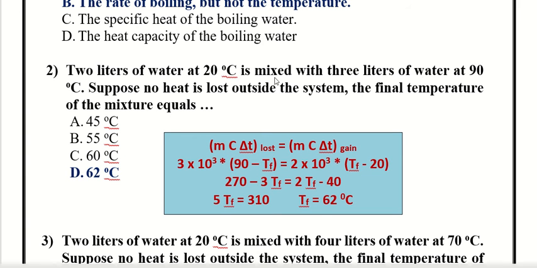So the specific heat capacity is a constant for the same liquid, but the initial temperature of the first liquid was cold, and the initial temperature of the other liquid was hot. So the quantity of heat will move from the hot water to the cold one. So by substituting for the mass here, 2 liters times the specific heat capacity, which is equal to 1000,